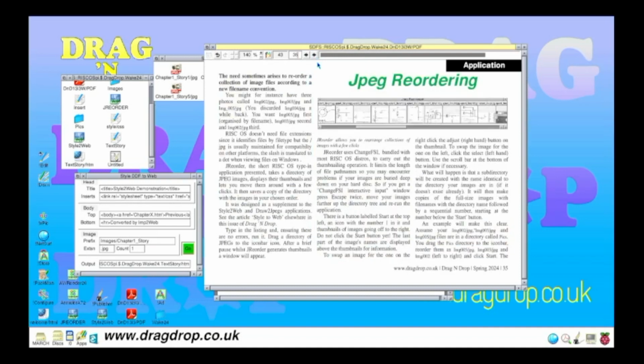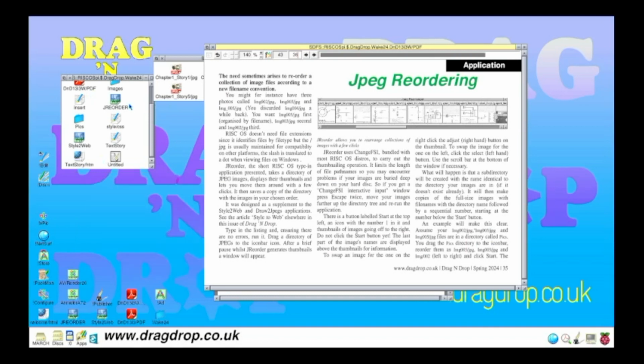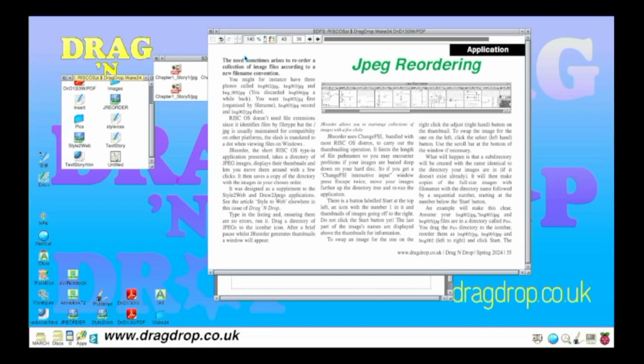This next article is another type-in application, which I will just demonstrate as before. What it does is that if you've got a file of pictures or images or photos and you want to rename them into a different order, such as when you're using them with the Style to HTML application we looked at earlier, sometimes they need to be rearranged or renamed in a particular